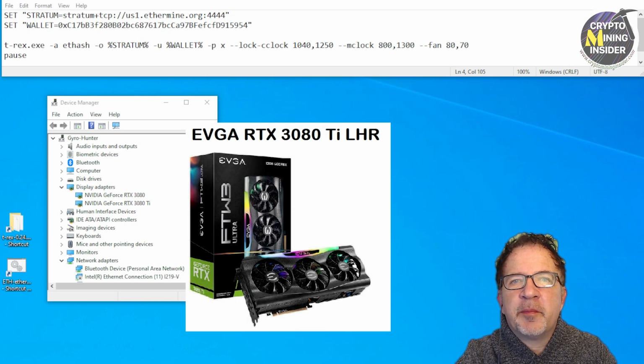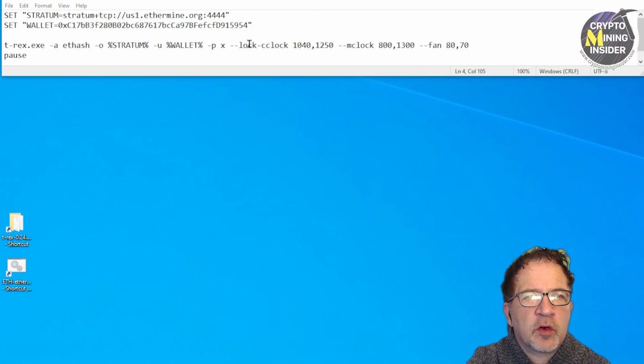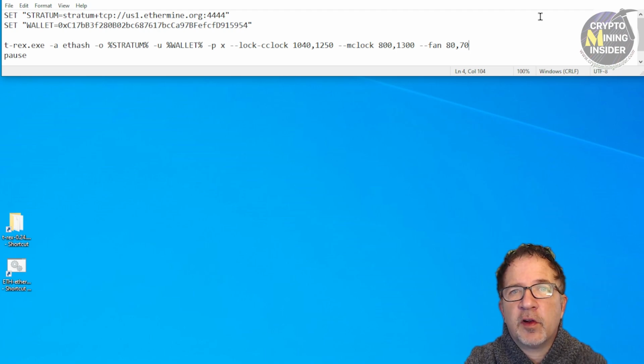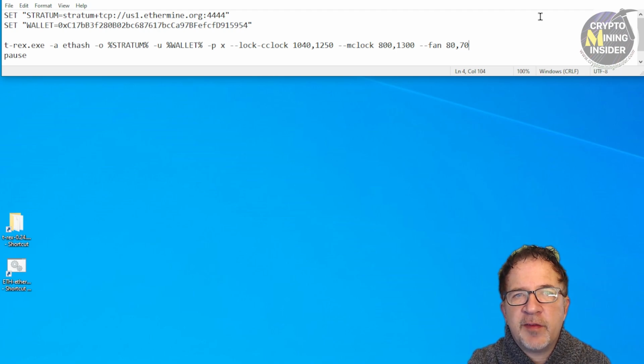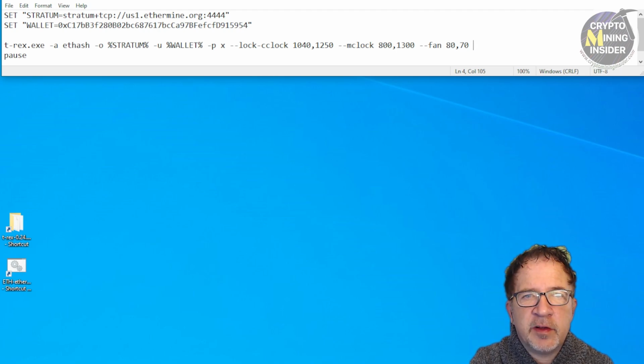I've just restarted my computer, except I've changed the RTX 3070 full hash rate card for an RTX 3080 Ti light hash rate card, because T-Rex miner has built-in LHR unlock technology. I've also updated the batch file to have the correct locked core clock, memory clock, and fan settings for the RTX 3080 Ti card. This card is a light hash rate card. So now we have a mixed computer with a full hash rate card as well as a light hash rate card. I can specify my LHR value in the command parameter very easily